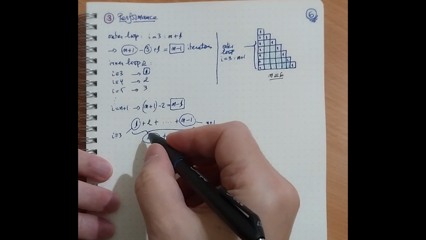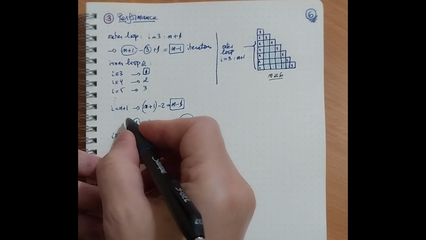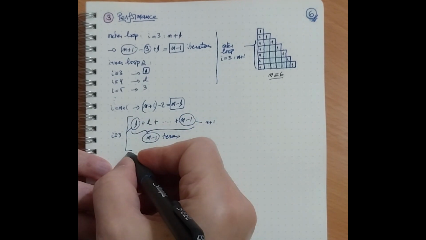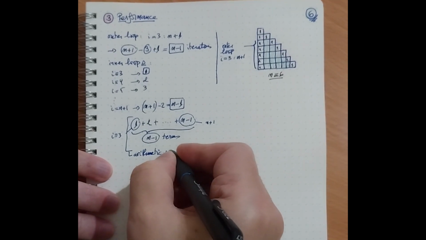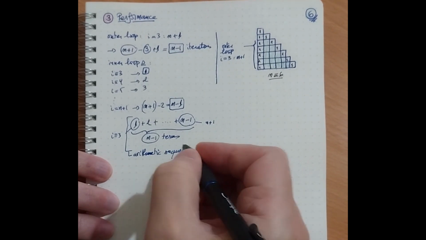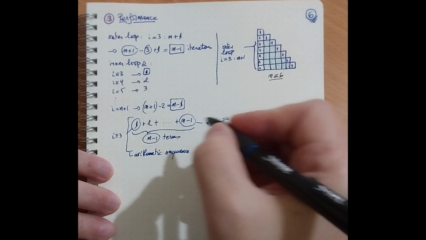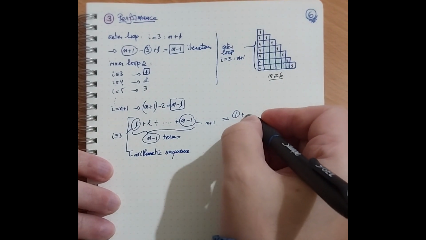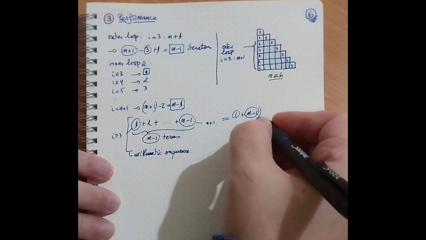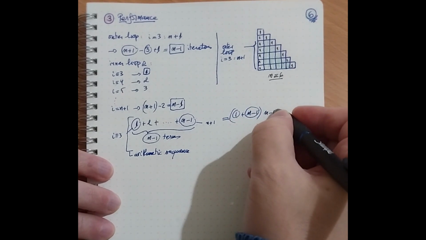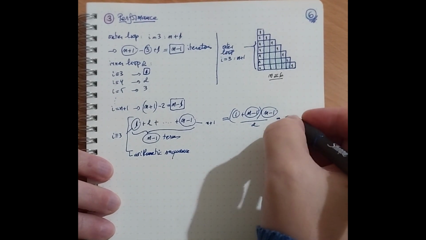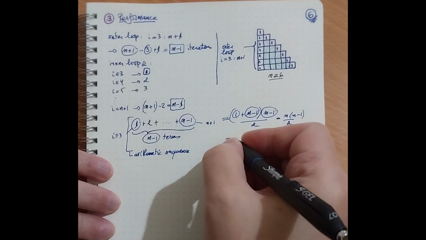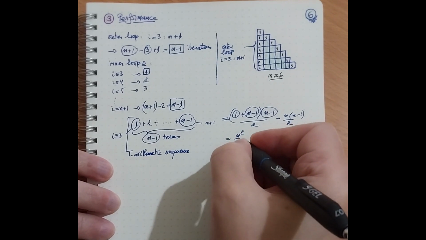And we have seen already that in exercise 1. This is called an arithmetic sequence. And we know that the sum of an arithmetic sequence is the first term plus the last term, times the number of terms, over 2, which leads to n times n minus 1 over 2, which is equal to n squared over 2